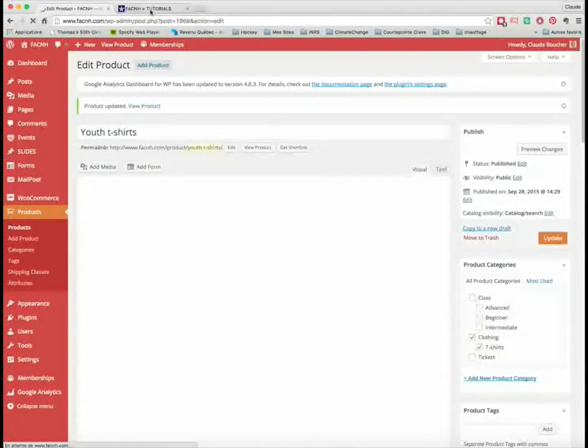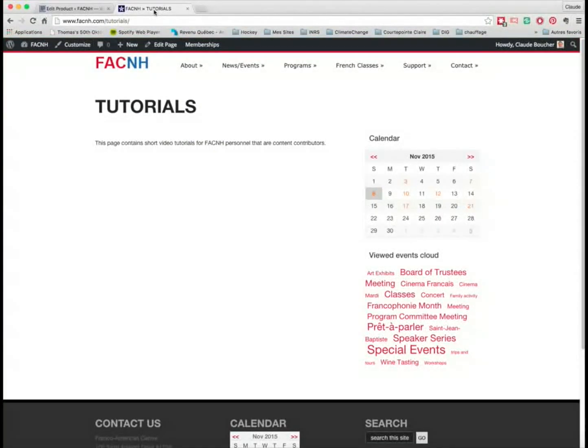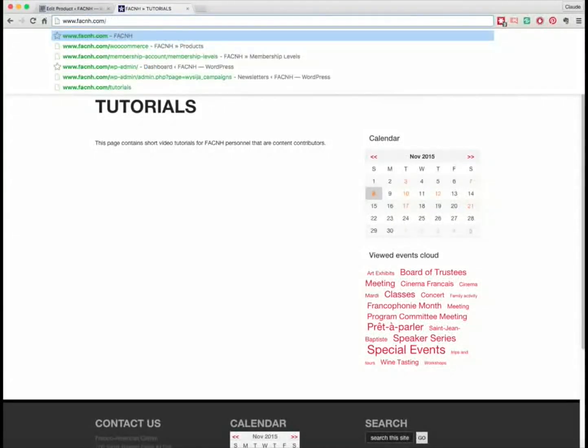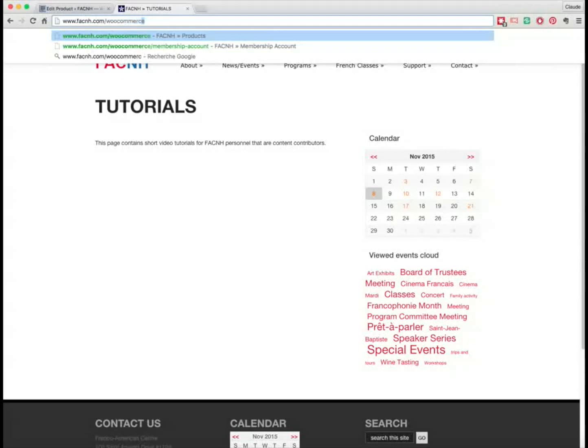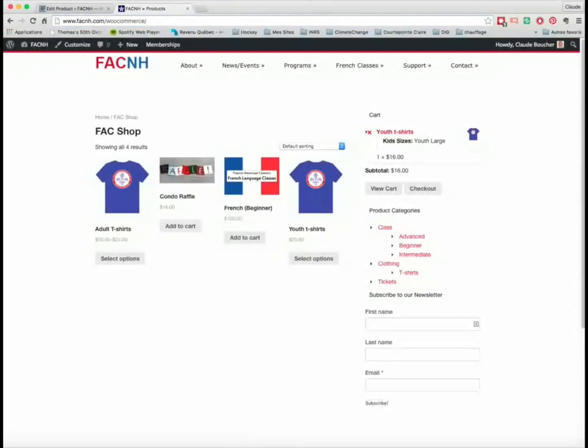Now, what does that do? Well, if I go to the site itself, where I want to go is WooCommerce. Now, I have to enter the names here because those pages are not in the menu, so you can't reach it for now via the menu on top of the page. So if I look at youth t-shirts, this is the shop. Now for youth t-shirts, I click the select options,